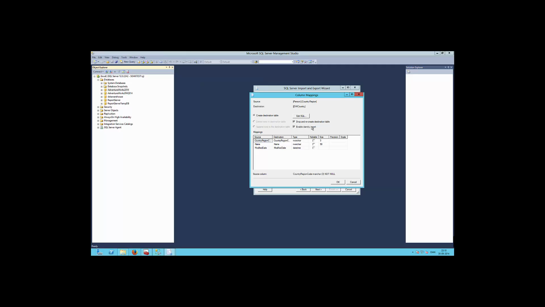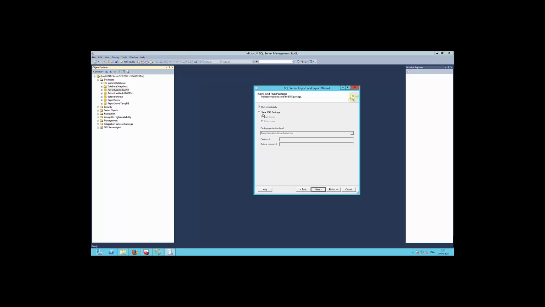But basically, if you have an identity on a column, then if I insert 10 rows, then they will have a number 1, 2, 3, 4, 5, 6, 7, 8, 9, 10. If I then transfer these rows the first time to a new table, and the destination table also has an identity, then they will have 1 to 10. But if I truncate and transfer data again, then in the destination they will be 11, 12, 13 and so on. To avoid that, we enable identity insert so that we will always just take the numbers in the source and put them into destination.